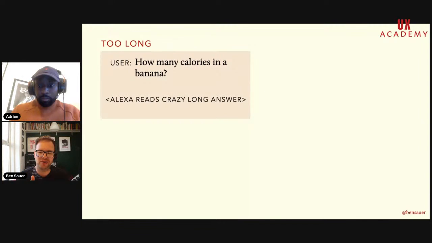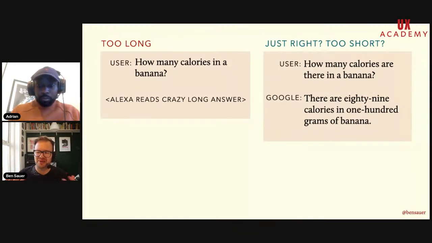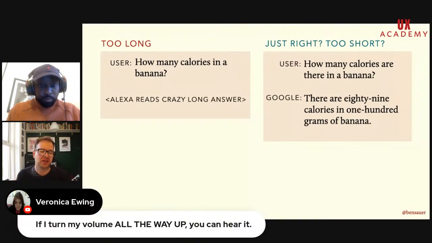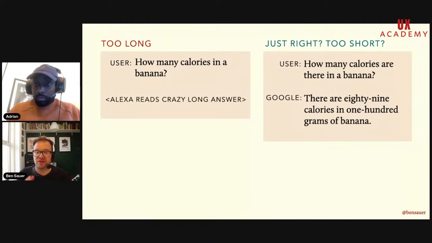Now, I don't know about you, but if you're asking how many calories are in a banana, you're now thinking, well, how much does a typical banana weigh, right? So it's kind of the right length, but hasn't properly answered the user need in this situation. Now, this is just one example of many of some of the principles that we teach you in voice. But it's very important to figure out what length the user is expecting or what they can be expected to remember.